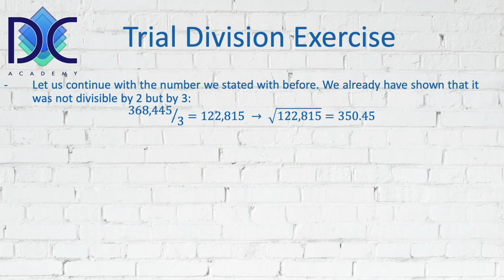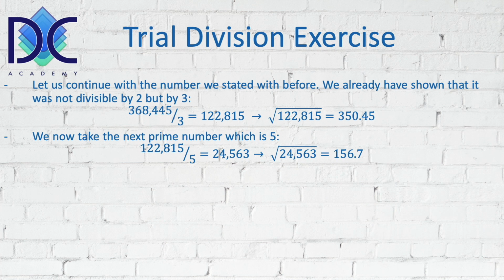So we divide the number by 3. Now it means that the remaining number is 122,815, and we can apply the rule of the square root of n again here. So when we take the square root of 122,815, we see that this is 350. So when we are dividing 122,815, we see that the largest prime that we can use has to be smaller than 350. We divide by 3 again, but we can see that it doesn't work, and we find divided by 5,